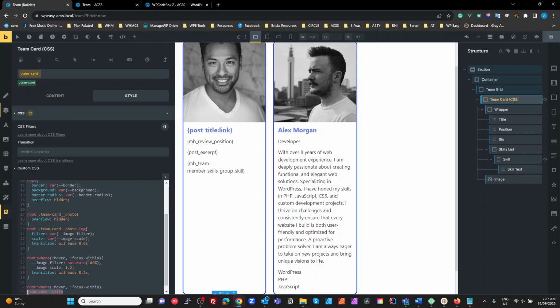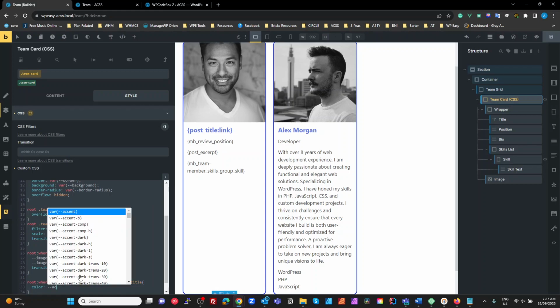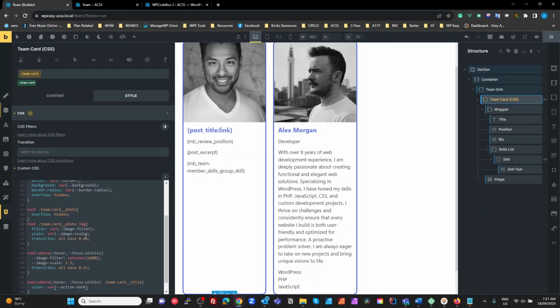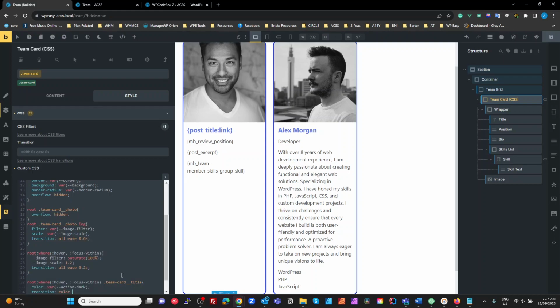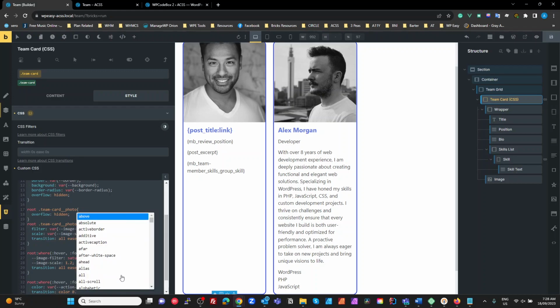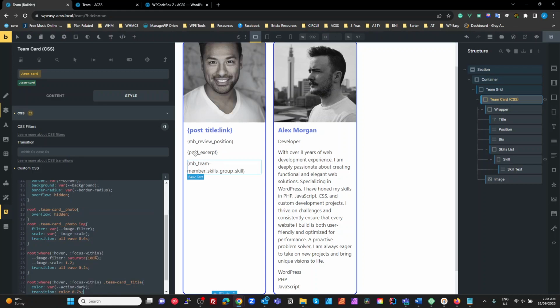And then when that happens, we're going to target the title and we're going to set the color to the action dark. There we go. That'll do. Okay, now you can see it changing. Again, we might want that to transition. So we'll go transition. We'll just transition the color on this over 0.7 seconds. I don't know why you do it differently, but